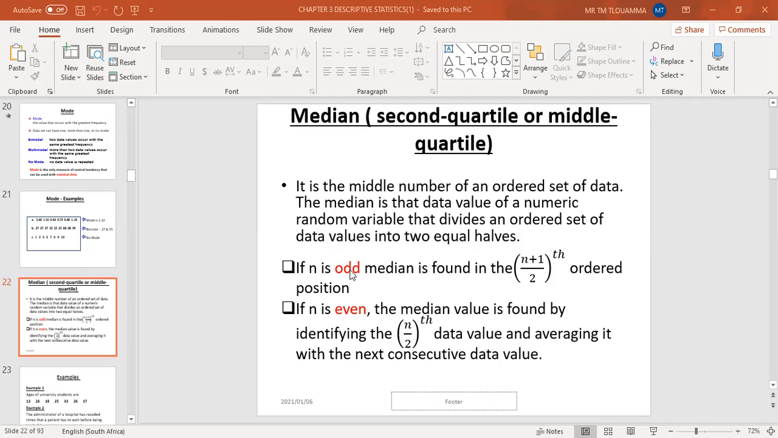Point number 2: if n is even, we are talking about 2, 4, 6, 8, 10, and so forth. The median is found by identifying the what? The n divided by 2 data value and averaging it with the next consecutive data value. Okay,